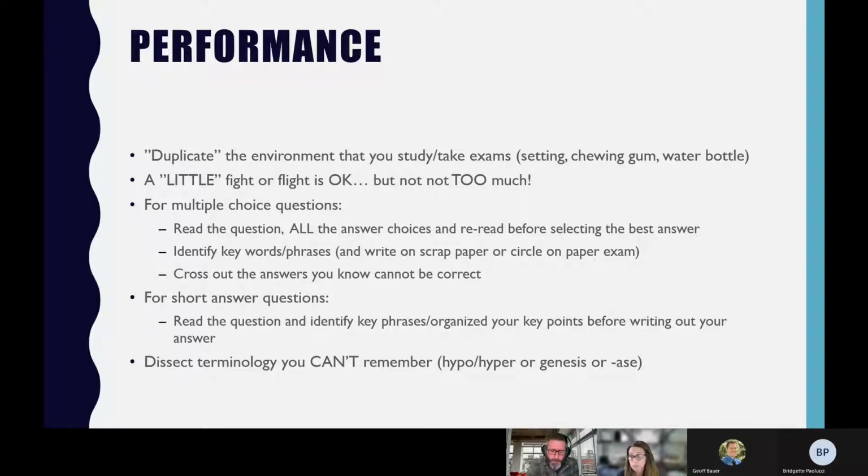And then, just because there's "all of the above" doesn't mean it's the right answer. Don't always pick the first thing, because there might be an A and B, a B and C, or all of the above, right? So you want to make sure you're reading the question again and all the answer choices for sure. One of the things I'll jump to is crossing out the things you know can't be correct,